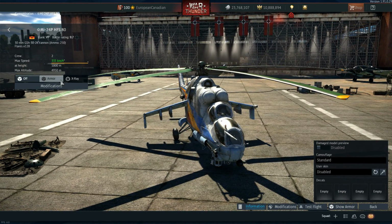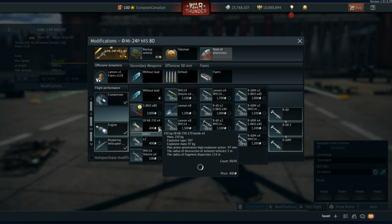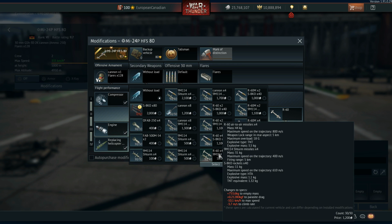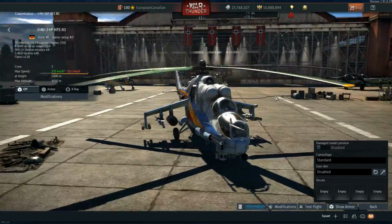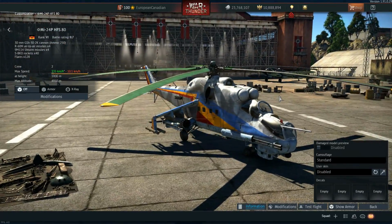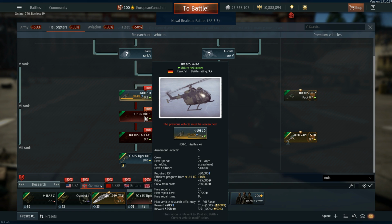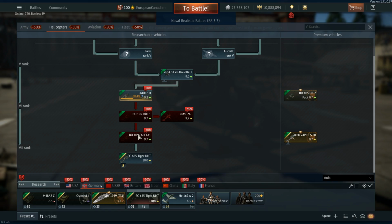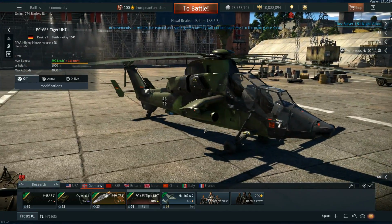9.7. It has access, of course, to the 30mm, the GSH-32K. Then, of course, it has access to rockets, bombs, Sturms, and also R60s, which should be a little bit of fun as well. So if you want to have fun with this, you got the Sturm missiles, the air-to-air missiles, the R60Ms, and also the rockets, on top of the cannons as well. So if you feel like just annihilating anything, you can bring out the Mi-24P, or grind past the really annoying vehicles of the German tech tree, such as the BOs and, of course, the Huey and the Alouette. These are definitely nowhere near the standard of the Eurocopter, which is why this sits firmly in rank 7